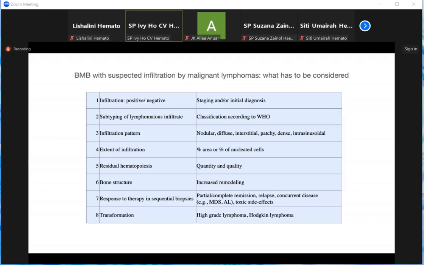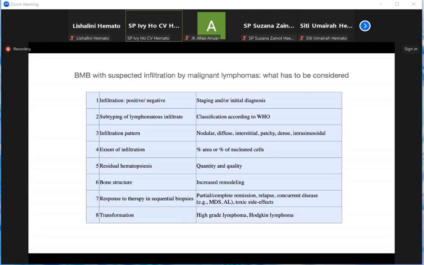When you are assessing a bone marrow biopsy with suspected infiltration of malignant lymphomas, what has to be considered? First, of course, you have to decide whether there is abnormal infiltrate or not, positive or negative. This is normally for staging marrow. Subtyping of the lymphomatous infiltrate, if you can, subtype it according to the WHO classification,